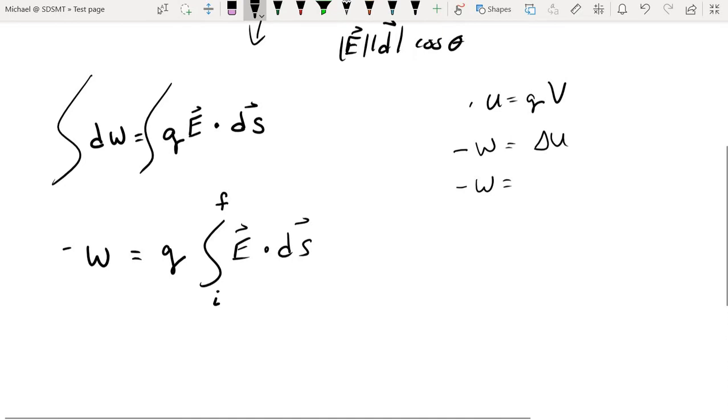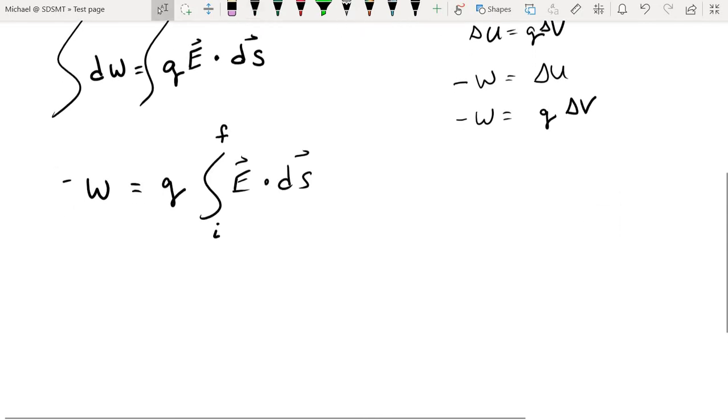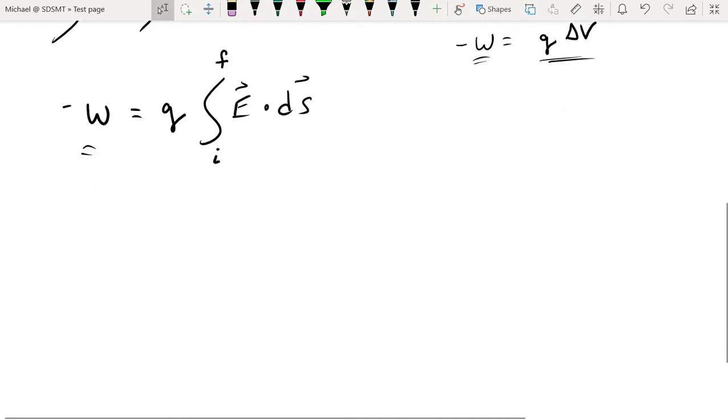Therefore, any change in potential energy will have to equal the charge times the change in the electric potential. And we're just going to use this as a substitute for the work term. So we now have Q delta V equals the same Q times the integral of our electric field